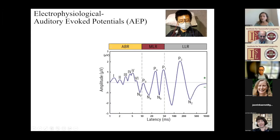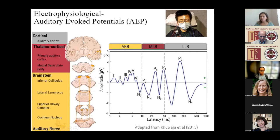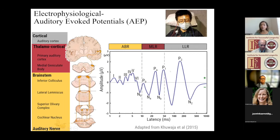So with auditory evoked potentials, you can get those beautiful waves. You have either the early evoked potentials, mid potentials, or late potentials. And each of those potentials is representative of a certain stage in the pathway of the auditory system. There are advantages of having early versus late potentials. So while the early potentials are not going to give you information about what's happening in the cortex,